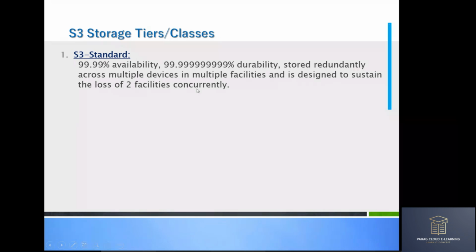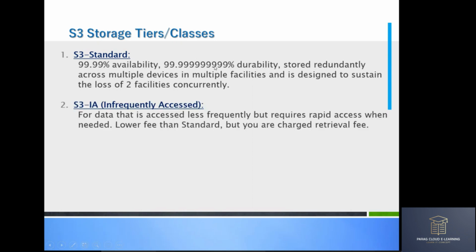This means if I'm storing my data in this category, you will get the best performance. S3 standard is the costliest storage available in S3. We have different categories. Next is S3 infrequent access. Here, if you are not using your data that frequently, let's say